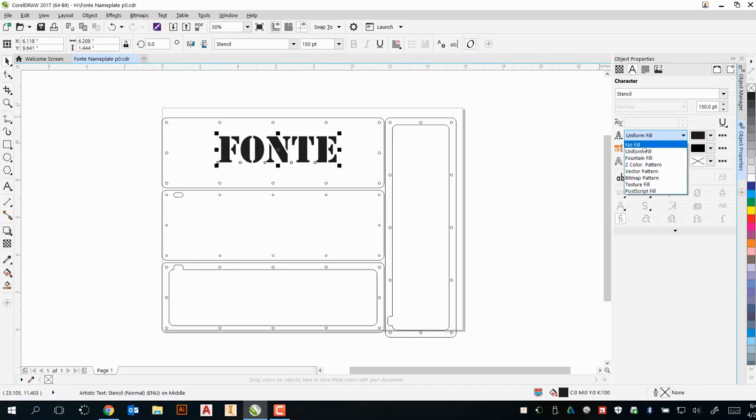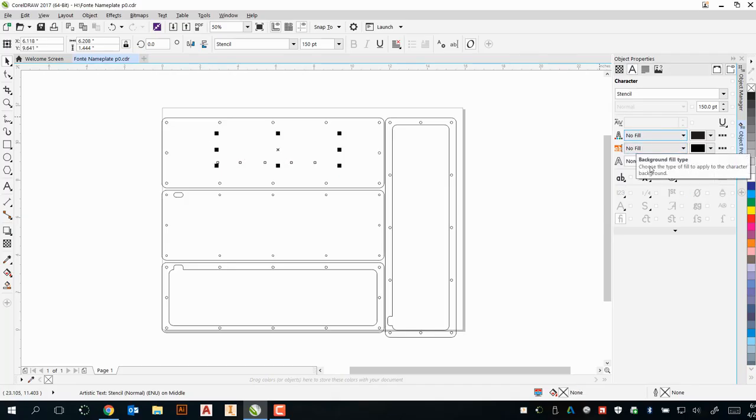I do want to have no fill. All right, and I want my outline to be a hairline. All right, so the hairline outline is letting the laser know that it's going to be a cut. It's going to be a cutout. All right, so from here, what I want to do now is I do want to change the size of